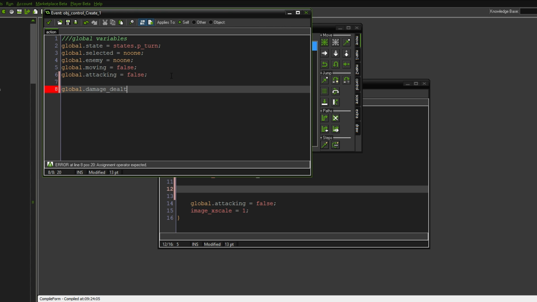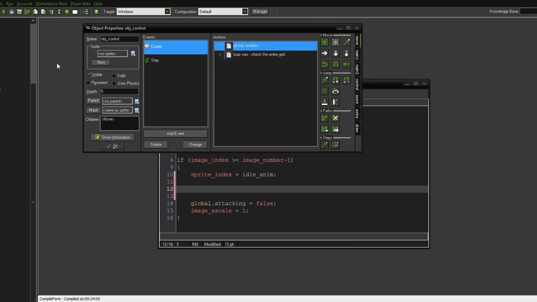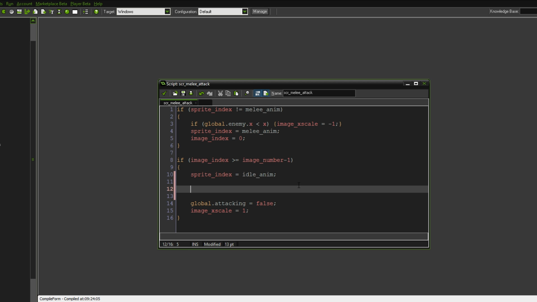Just because we're not just going to take off HP. We're going to get the game to show that damage has been done. So we're going to have like a disappearing text that shows us that we've dealt damage. So like it'll float up and gradually it'll just disappear. Because I think that's always quite a cool little effect to put in, and it's actually very simple to do as well. So it's kind of effective really. But yeah, let's just go with this. So we'll say global dot damage dealt